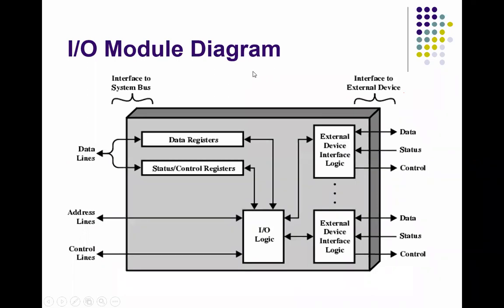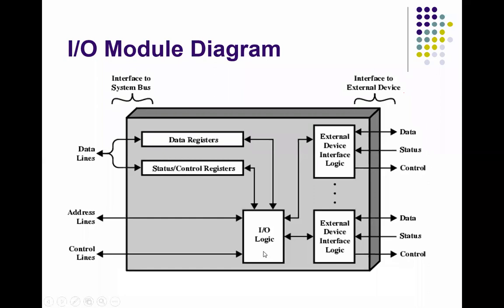So now the IO module diagram. In the IO module diagram, you will find this IO module receives data, a control signal is required, and an address bus is required. It is connected with the external devices. So the control line is there, the address line is there, and the data line is there. The data line is obviously connected with the data register, or with the data you make it the flag. The flag is used for status, or it could be used to generate a control signal. So the data line is either for the status or control register, or it could be the data.